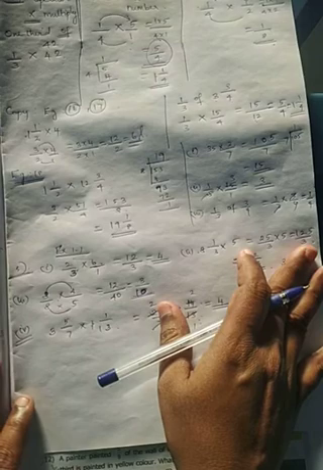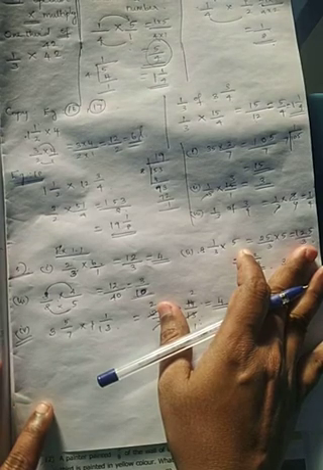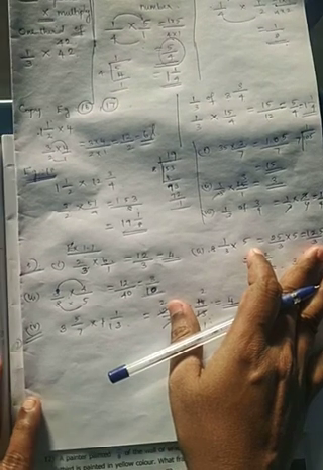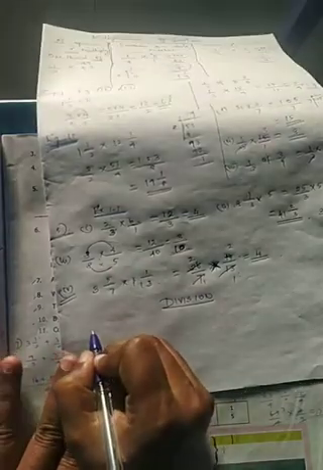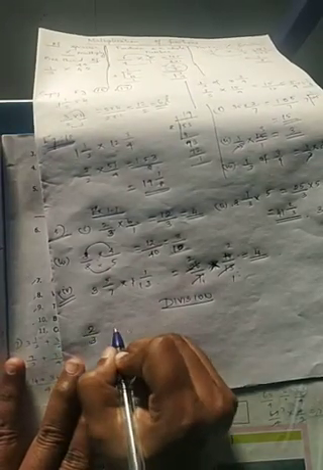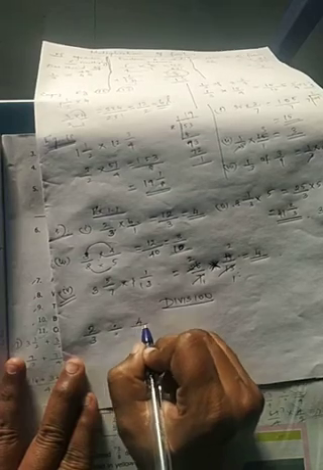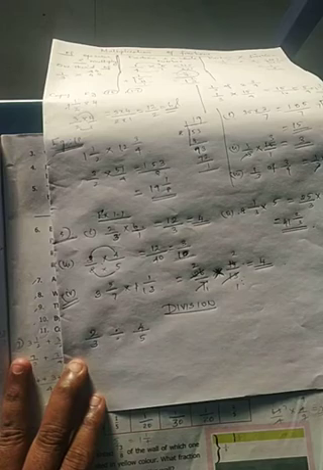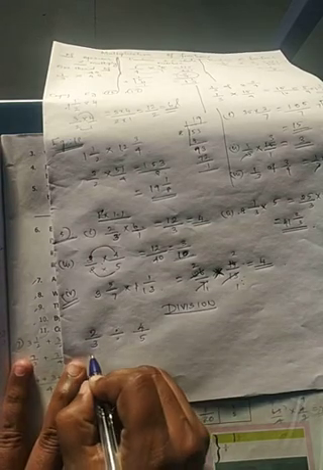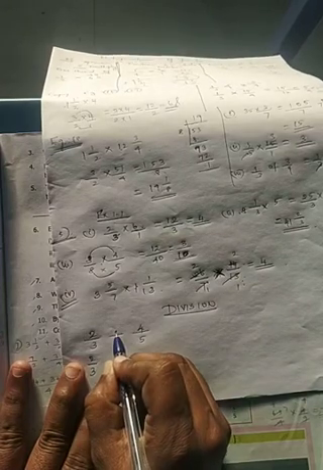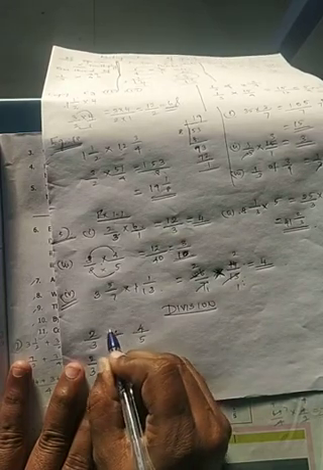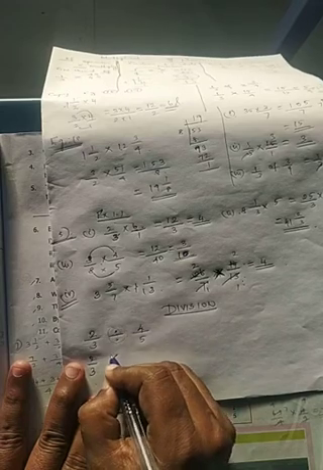Okay, now coming to division. We are going to talk about division. Division means I have two fractions, say 2 by 3 divided by 4 by 5. 2 by 3 divided by 4 by 5. What will I do? First I will write 2 by 3 as it is. Now I am going to change this sign into multiply.